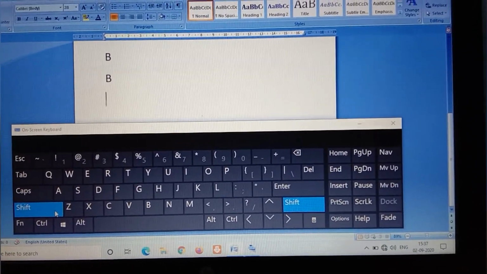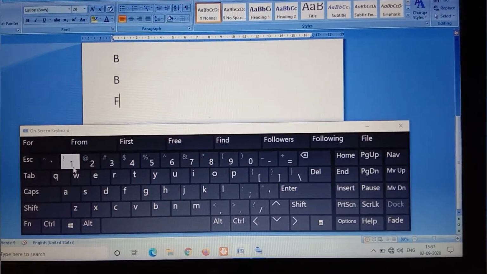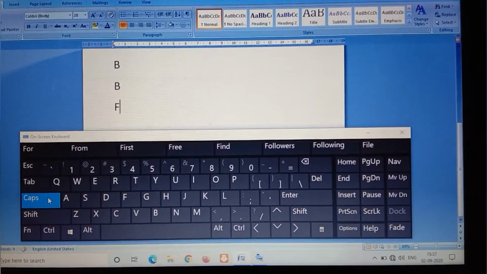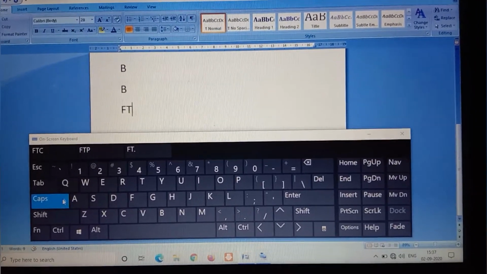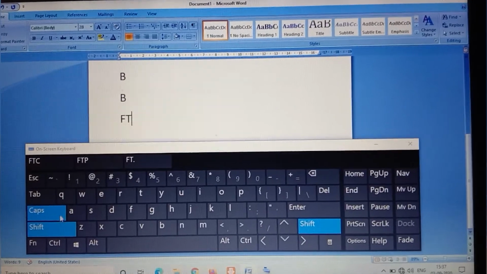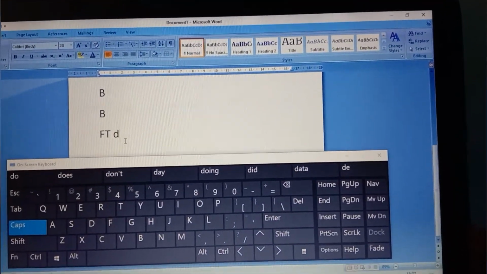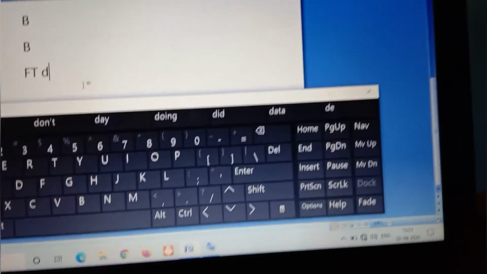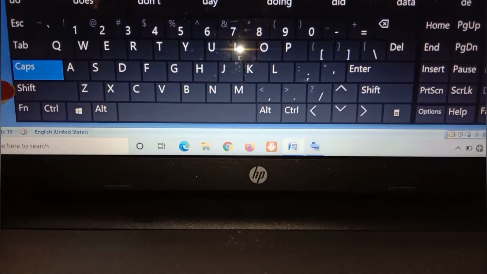I selected shift. You can see the capital letter comes. If the caps lock key is on, then I can write the capital letter also. Again I am going to show you caps lock is on and I am using the shift key both. Look, these two are on. It comes in small. That means you can use either the caps lock key or the shift key.